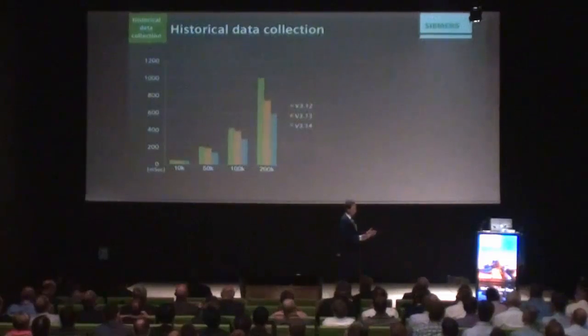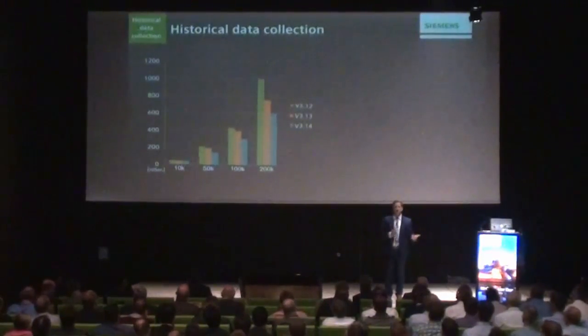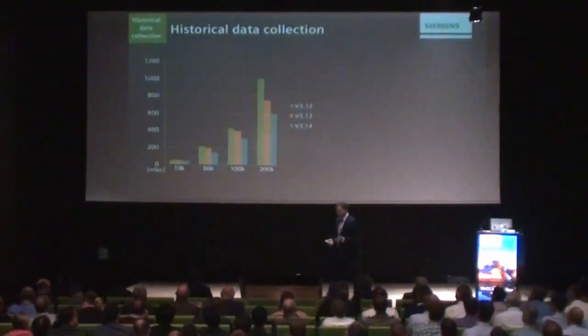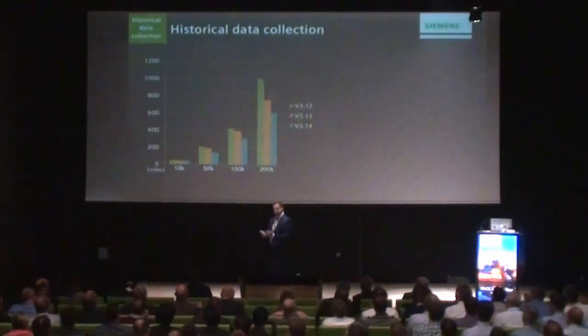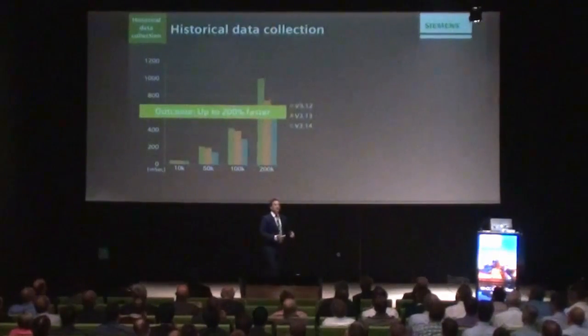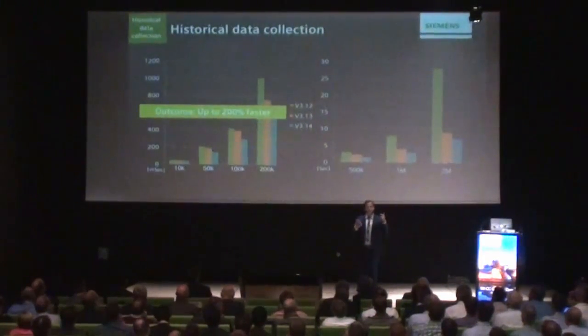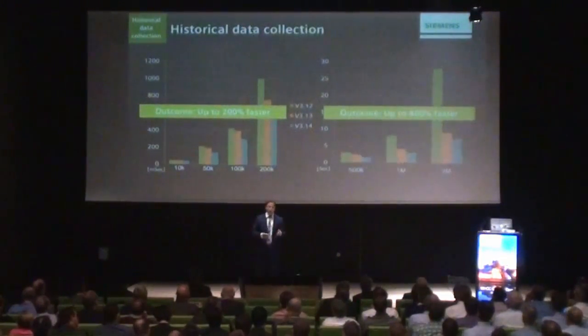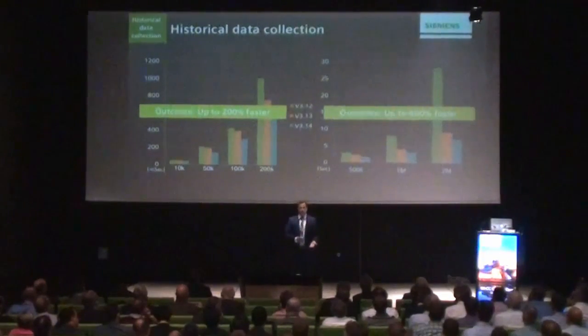Now, I love this topic, historical data collection. Why is that fast or not that fast? Yeah, we made some really nice tests and analyses on this topic. We have, for example, seen that in the last 3 versions, we got up to 200% faster with historical data, DP period, for example. And on really a lot of values, for 500Ks, 1 million, 2 million values, we got up to 400 times faster than before,